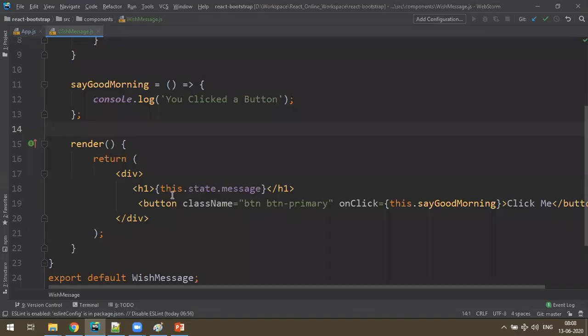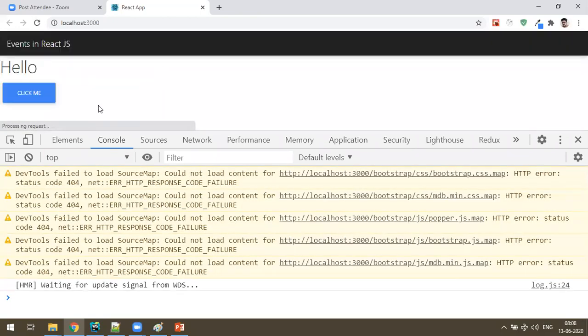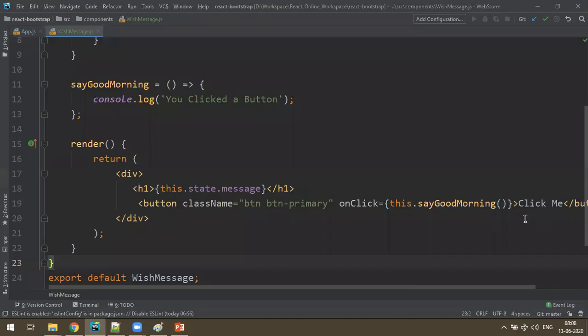But one important thing you have to understand is that generally in JavaScript, whenever the click happens, you call a function here, right? But what I've given is just the function name. I'm not giving any function call here. Let's see what happens if I put a function call, just like in JavaScript. See here, go back. I have not even clicked a button.